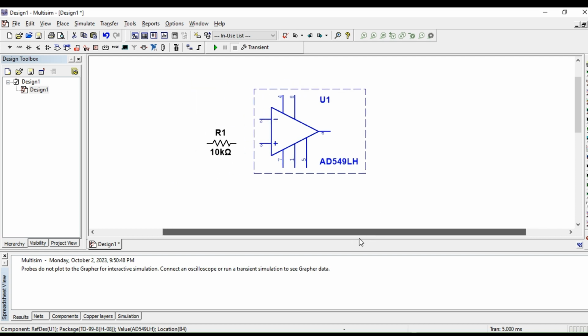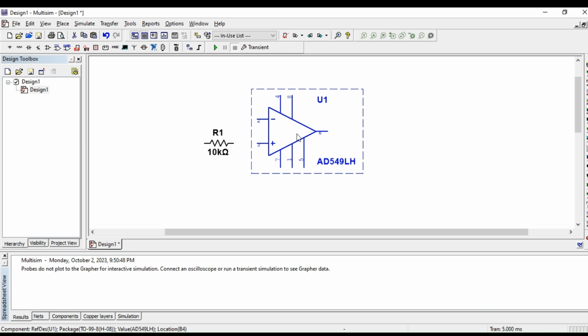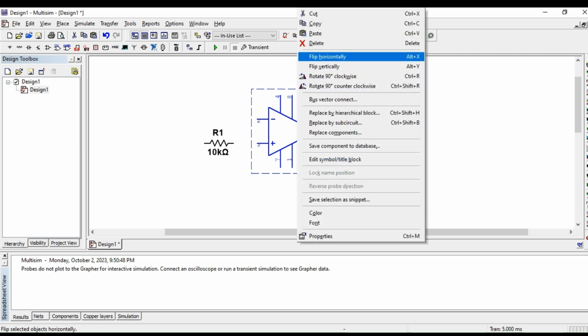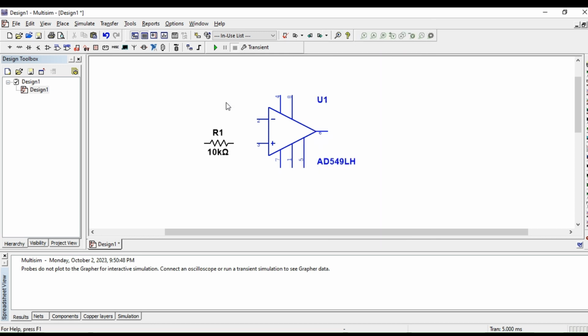Alt plus Y. You can also see this option by right clicking on the IC and choosing to flip it vertically. Why do we need to flip it vertically? Because we want the non-inverting terminal to go down and the inverting terminal to go up. Okay,